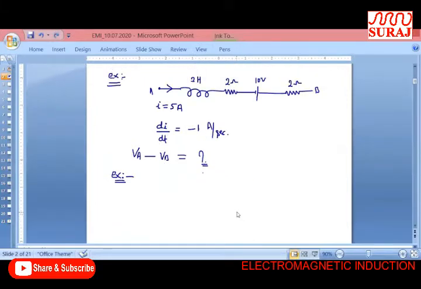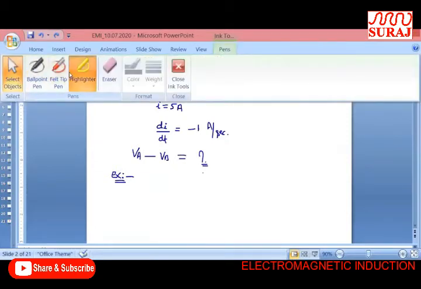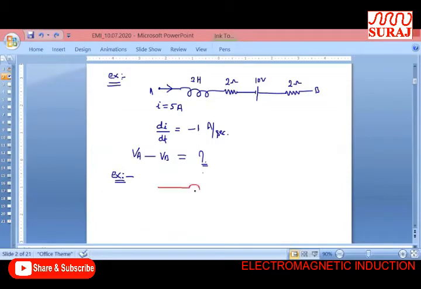Let's see how to solve this. What do we have to do? In this given circuit, I'll have to write the potential drop across each and every element first, and then we will apply KVL, Kirchhoff's voltage law. This is the A terminal, this one is the B terminal. The important thing to note is that here a current of 5 ampere is flowing.